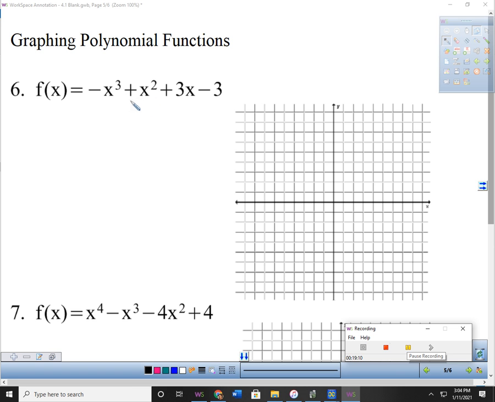Okay. So when we're graphing these, we're going to use the calculator to help us, but I do want to go ahead and decide what our graph is going to kind of look like. That way when you graph it, you'll know if you're at least on the right track here. So first things first, let's do your degree. So your degree is